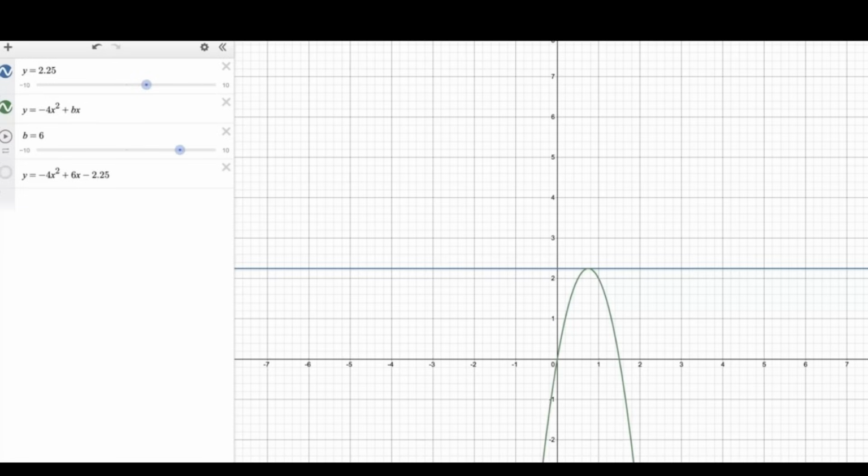And so now that is a way you can easily figure out that b is equal to 6 in a matter of seconds. Now, another thing I want to point out is I want to bring this bottom graph up. So the reason when we solved it algebraically, the reason we did